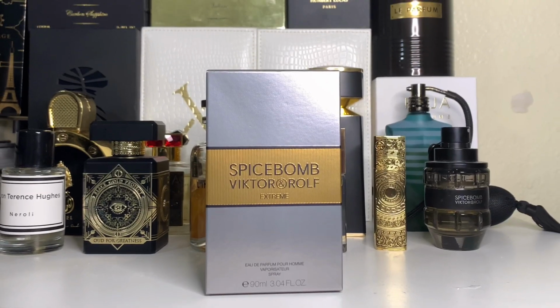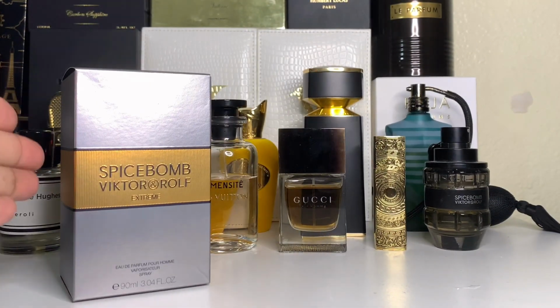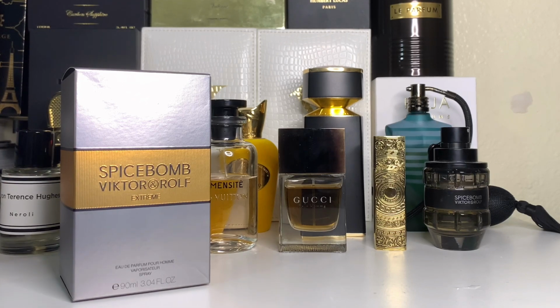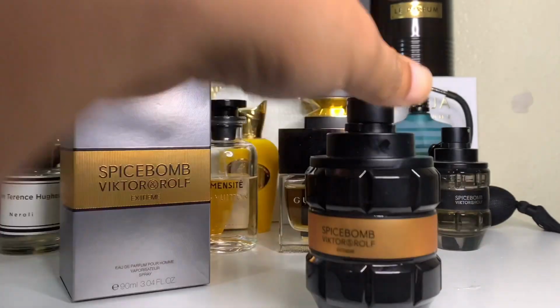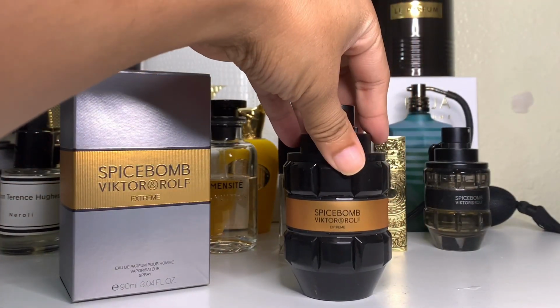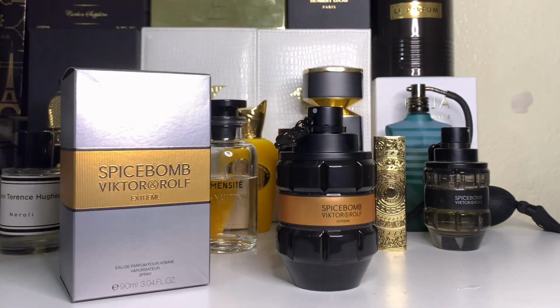Guys, we are back. Welcome back again. This is Viktor and Rolf's Spicebomb Extreme. Here's the bottle right here. Jeremy got the extra large one. This is 90 ml, but look at this bottle. It looks huge. It has that grenade